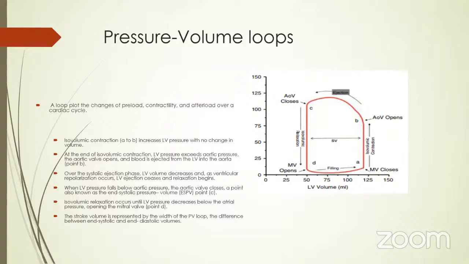Moving to the final objective, or goal, the pressure volume loop. The pressure volume loop is a loop that plots the changes in the loading conditions of the heart: preload, contractility, and afterload. So it starts